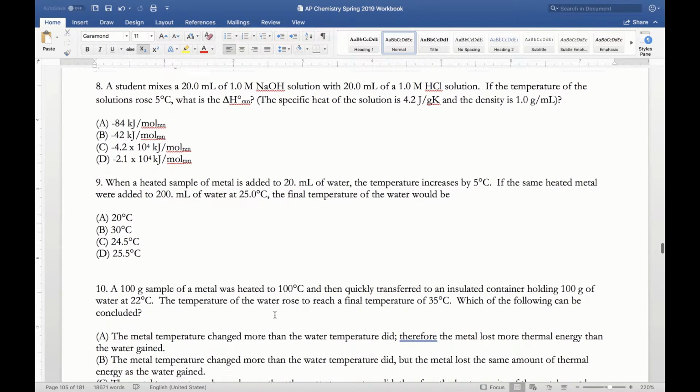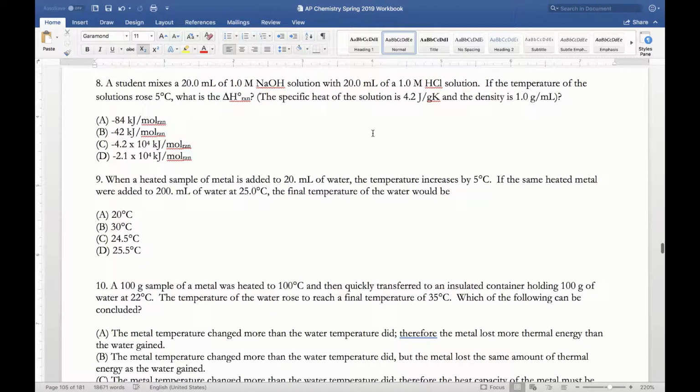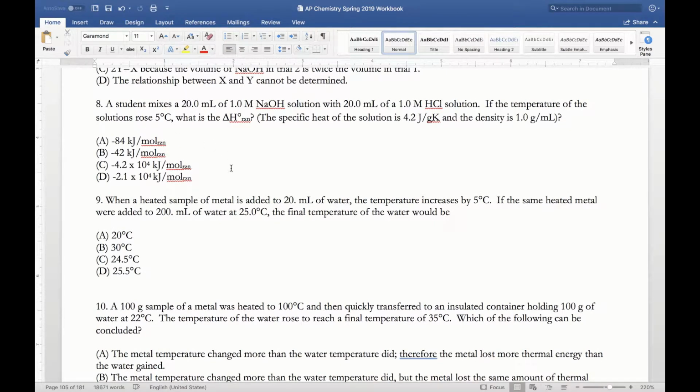All right, I figured 8 was probably the hardest one in these. It says a student mixes 20 mils of 1 molar NaOH with 20 mils of 1 molar HCl. If the temperature rose 5 degrees Celsius, what is the delta H? Okay, so Q equals MC delta T. So I have 20 mils of NaOH, 20 mils of HCl, so a total of 40 grams since my density is 1 gram per mil. My specific heat is 4.2, and my change in temperature is 5. So the answer that you should get is